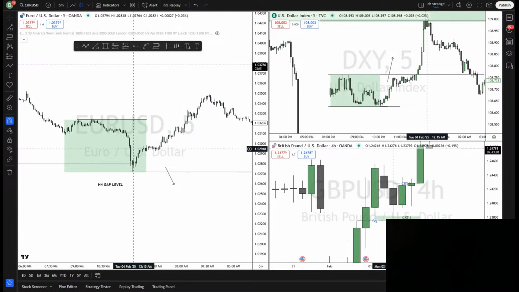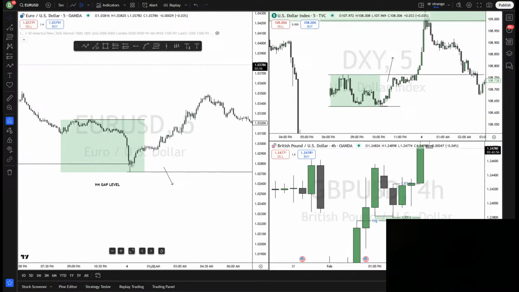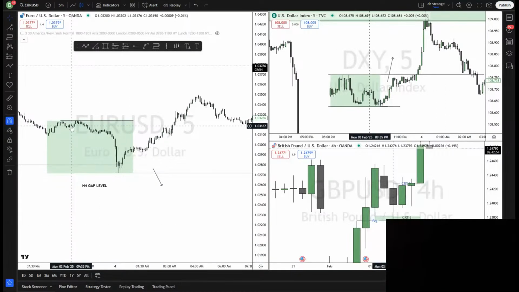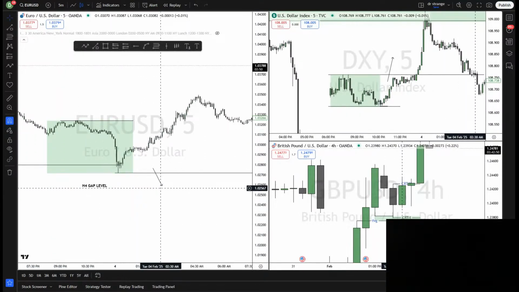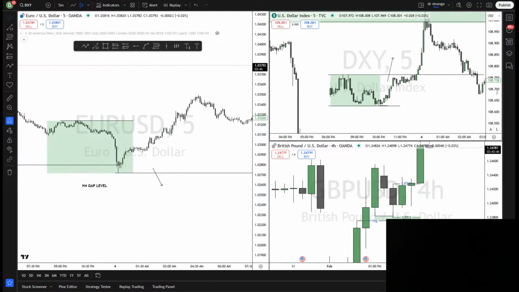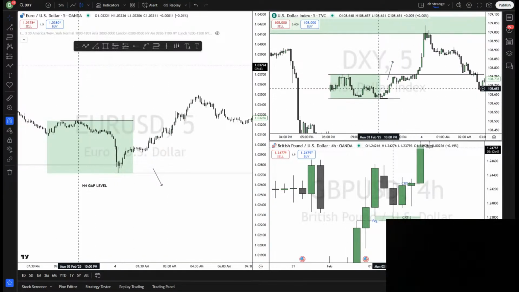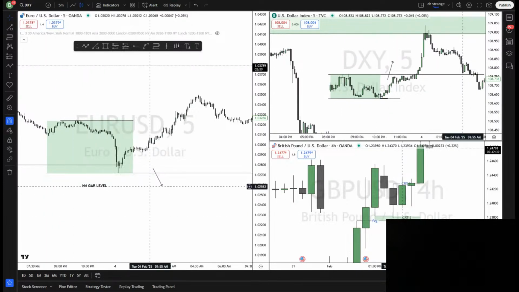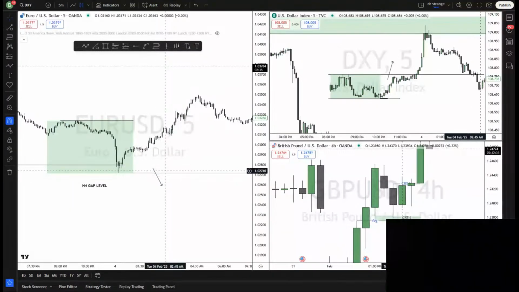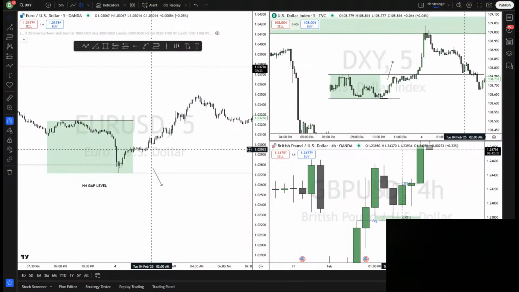Now, we are basing only on the 4-hour candle. We did not get SMT in the sessions, but we got time-based SMT. On this 4-hour candle, Euro USD failed to take out the 4-hour low, and the DXY took out the 4-hour high. Now, when this happens, you're 100% sure that you're not going to get the 1 a.m. model, because when London opens, it will just go up.